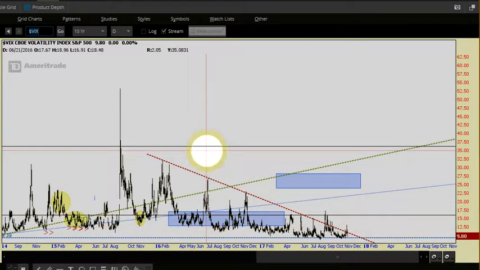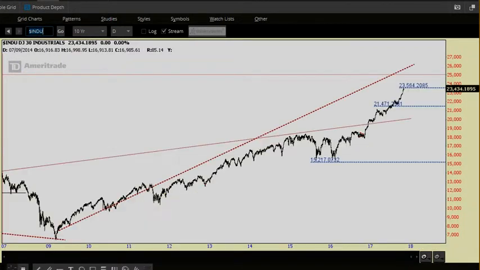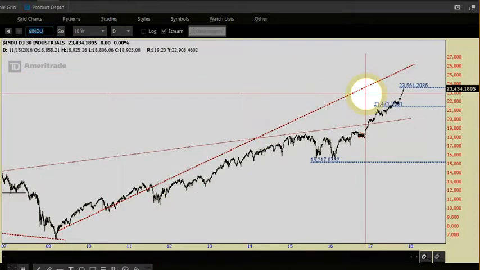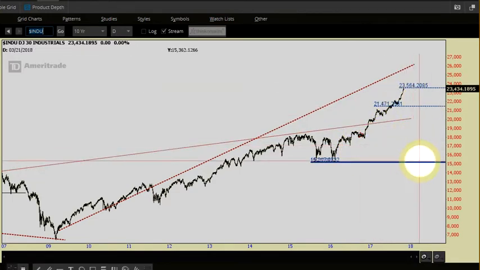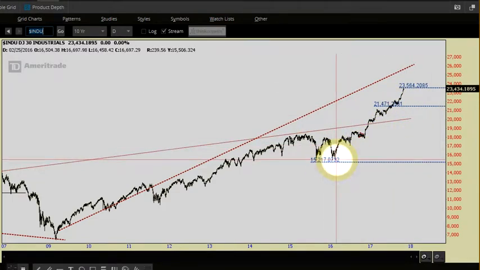In fact, let's go back to the Dow. I'll show you what I did. I have no idea whether or not this is going to work, but my feeling is that this is the wave 4 low, as I've discussed. A lot of times after you have 5 waves, you get a pretty quick return to the wave 4 low. So you can see it's around 15,000. So what I did is